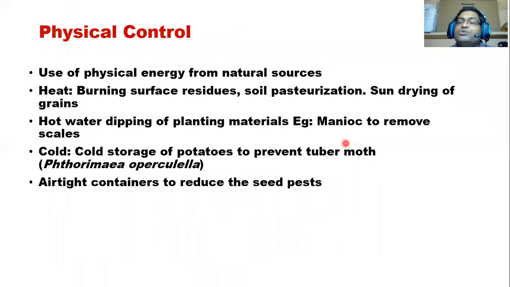And physical forces also you can use to minimize pest incidence or kill the pest, especially high-energy rays, X-rays, gamma rays. Normally, if you are transporting any material from one country to another through land borders, they use X-rays and gamma rays to kill pests, because otherwise they cannot check. They also use certain X-rays and gamma rays to kill any life form or egg form of insect inside the container. This is especially for stored product pest management, using physical force.